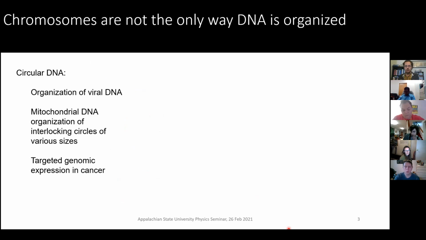There are also circular forms of DNA that are common in our biology, and it's not really something that's talked about a lot unless you go into studies like molecular biology courses, virology, and parasitology. Viral DNA is typically organized as closed form circular forms of DNA. When we talk about circular DNA, what we're really saying is that the two ends of our DNA are covalently closed together. Sometimes it takes form in needles where it's highly coiled on top of itself, and sometimes it is relaxed. But when we talk about circular, what we're really saying is that the ends of our DNA are combined together.